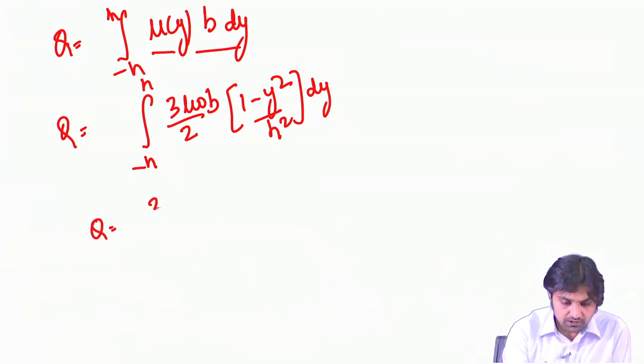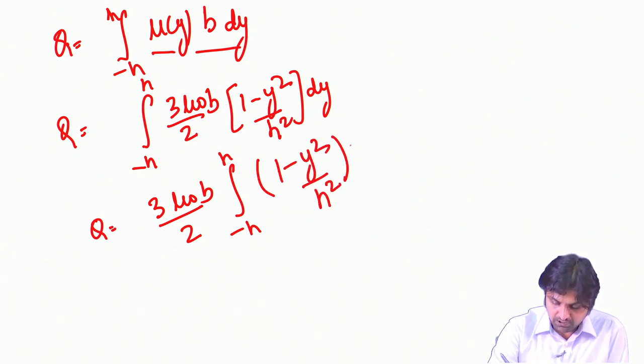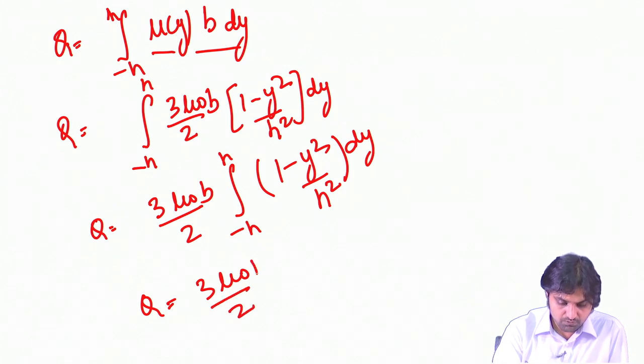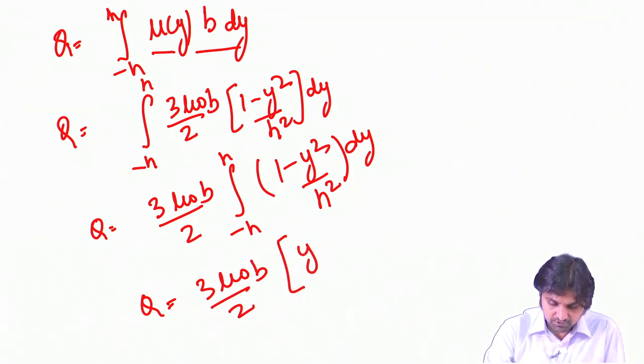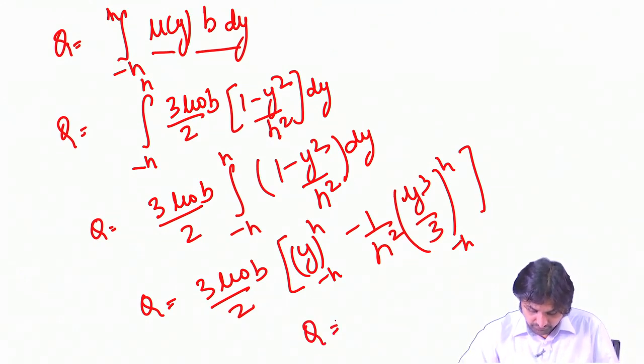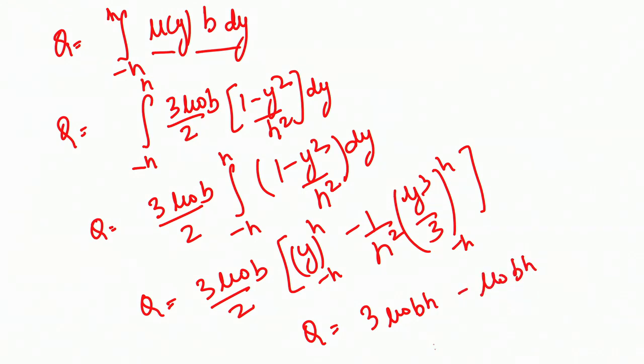So Q is going to be, we will take out whatever is constant, the integral from minus h to h of (1 minus y square by h square) dy, or Q is equal to 3 u naught by 2b, and after integrating it becomes y from minus h to h, minus 1 by h square into y cube by 3 from minus h to h, and this will give 3 u naught bh minus u naught bh. So Q will be 2